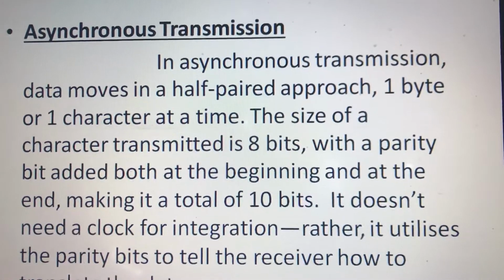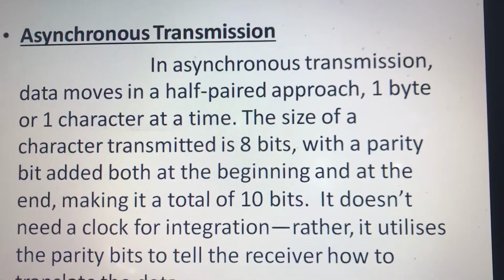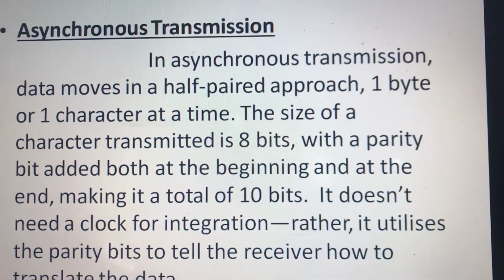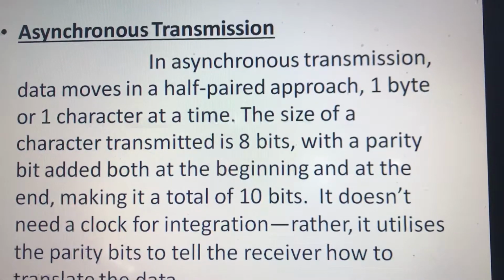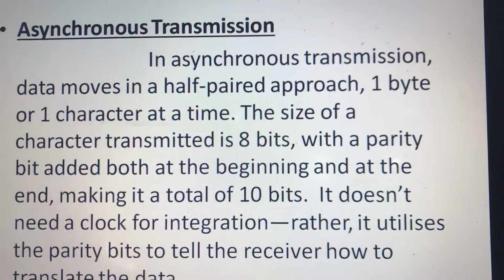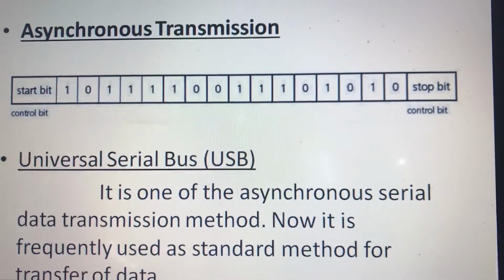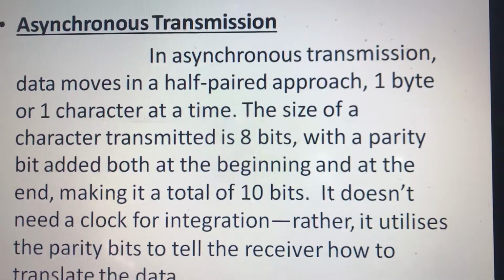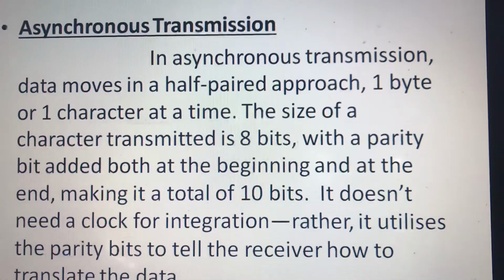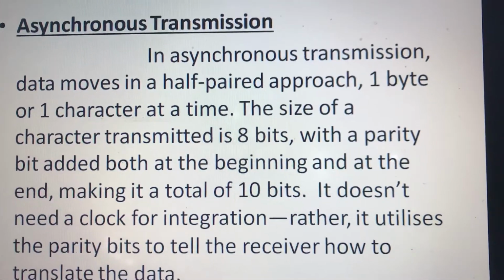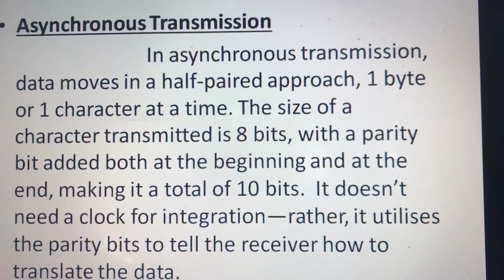The size of the character transmitted is 8 bits with a parity bit added both at the beginning and at the end. So these are also known as the parity bits. Making it a total of 10 bits.